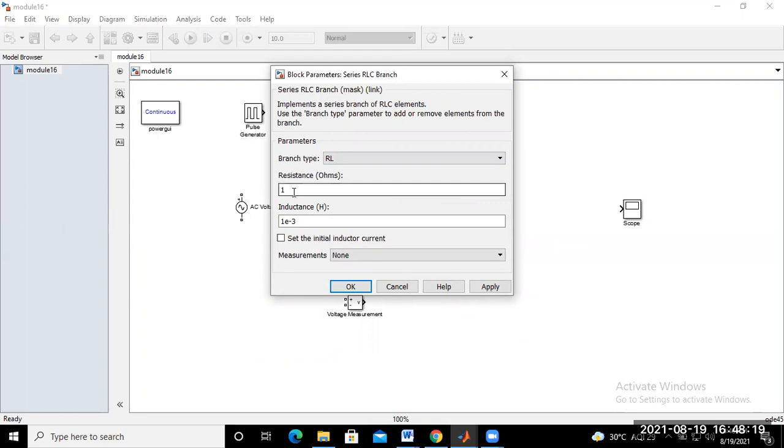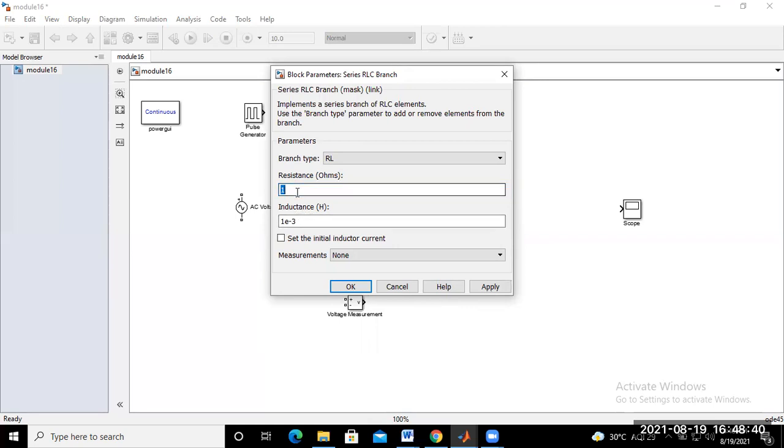Okay, so you can put a specific value here, just tell me any arbitrary value, otherwise it will take the default value 1. 1 ohm resistance and 1 millihenry inductance. 1 into 10 to the power minus 3 represents the millihenry.